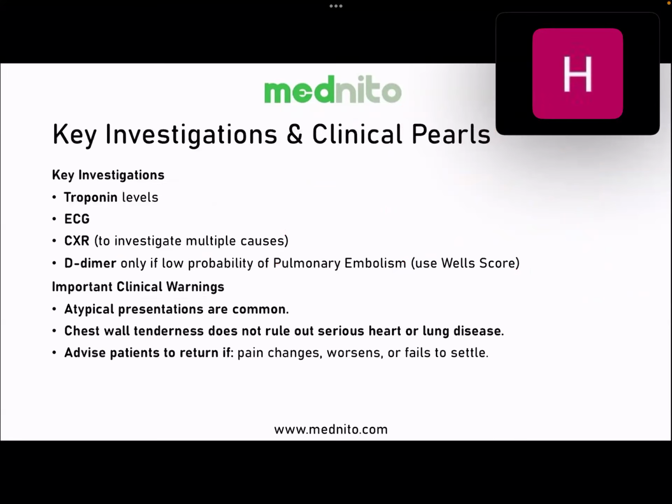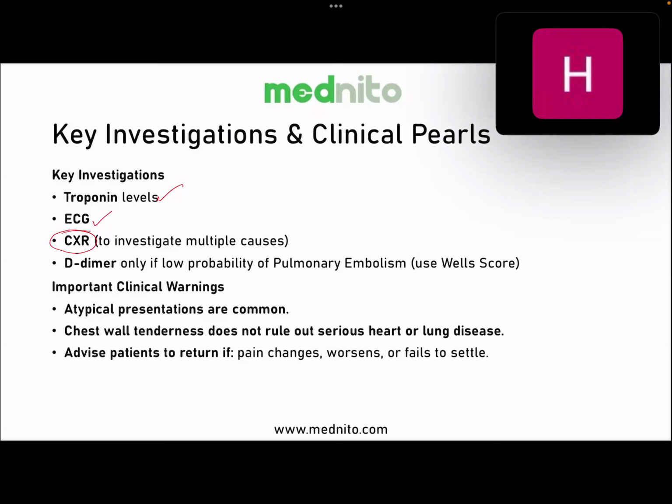If you're talking about chest pain, the first most important thing as a junior doctor is you will have to make sure that the patient's life is not in danger. So you will have to send the investigations for the most important and most dangerous disorders. That is acute coronary syndrome, which is usually life-threatening. That is why troponin levels need to be done, an ECG needs to be taken, and a chest X-ray needs to be taken. I'll also have to tell you that the chest X-ray findings are very important in patients who are coming to the emergency department.